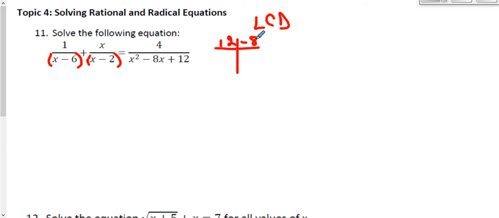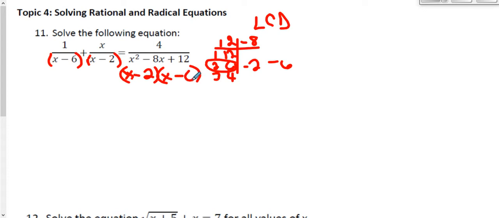I can do this by factoring the number 12. I get the numbers 1 and 12, 2 and 6, and 3 and 4. And I can see that the numbers that add up to 8 are the numbers 2 and 6. And to get a negative 8, they would both have to be negative. Negative 2 minus 6. So my factors here are x minus 2 and x minus 6. Now I'm going to go ahead and have that as my denominator instead of the original one,